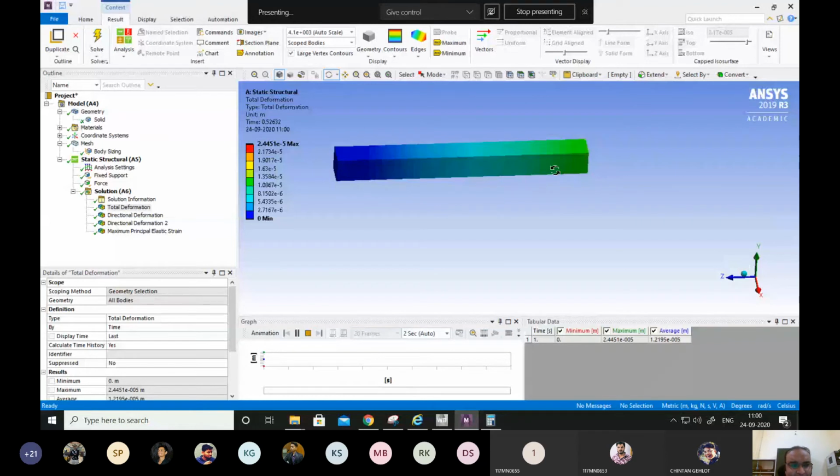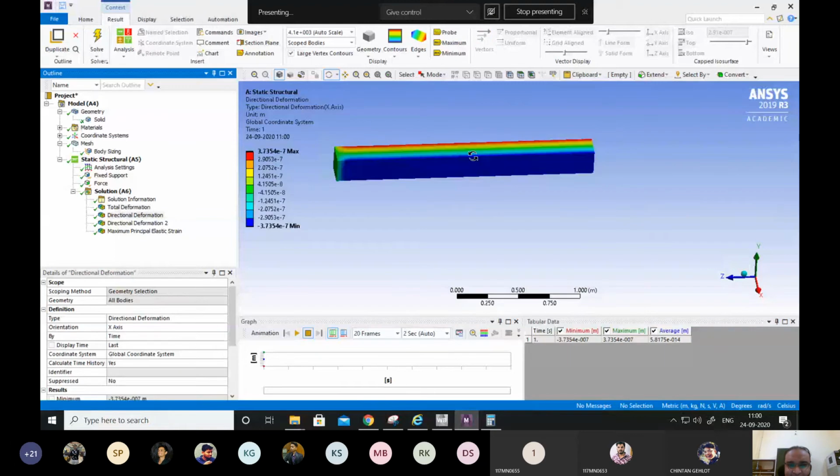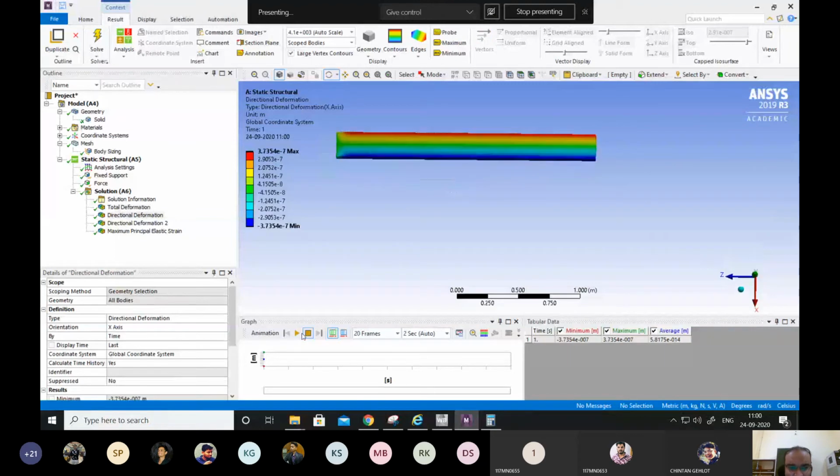The same thing can be done for x-axis deformation if you want to see in this direction, right? And as the load increases, you can see how the contraction is happening and the metal contracts. So all these things can be very nicely and intuitively represented by these finite element analysis options.